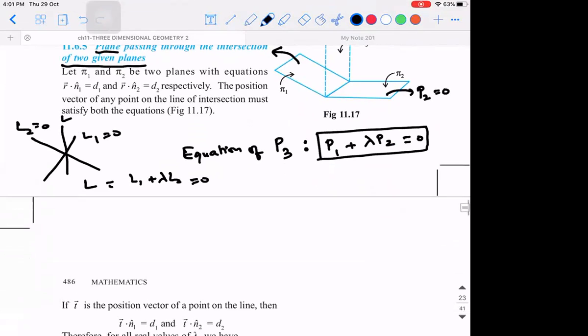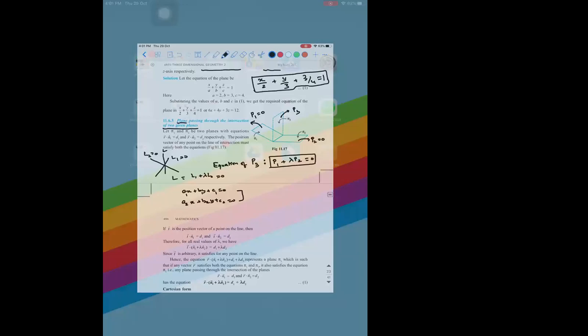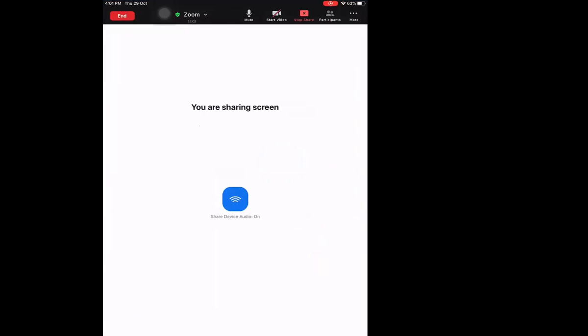How you are able to get this: take the equation of a straight line in a two-dimensional plane, Ax plus By plus C equal to 0. So A1x plus B1y plus C1 is 0, and A2x plus B2y plus C2 is equal to 0. If I ask what the general equation of a straight line is, it is a linear equation in two variables. Can I say it like that?